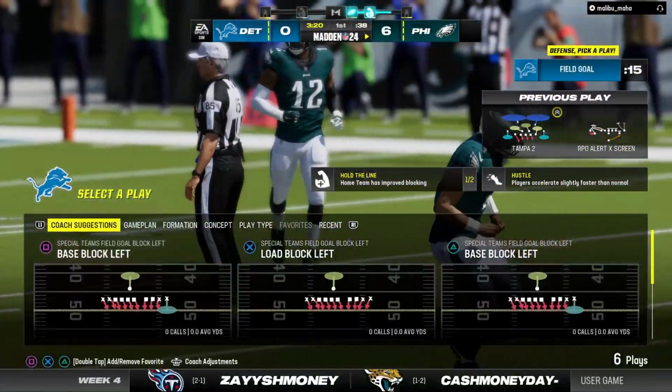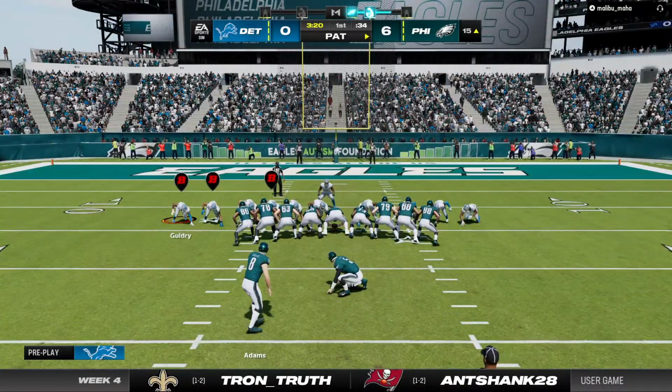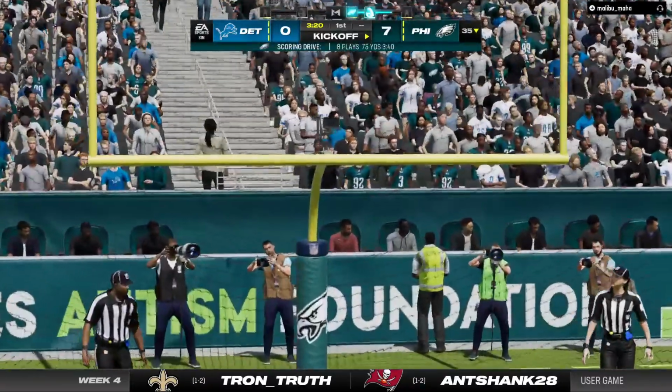Well, first quarter, maybe too early to talk about statement drives, Charles, but that sure seemed like a statement drive right there. Well, if we're going to talk about statement drives, I think what they're saying is we're going to establish the run. They gave it to him early